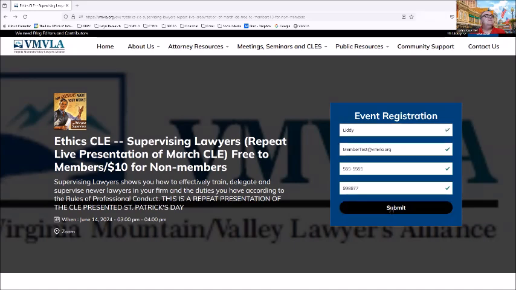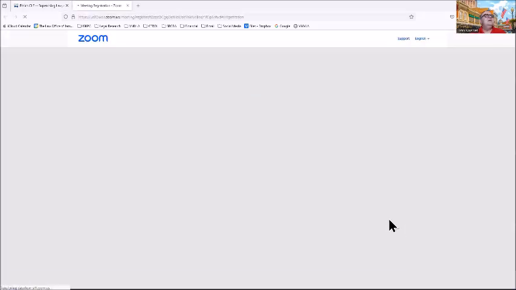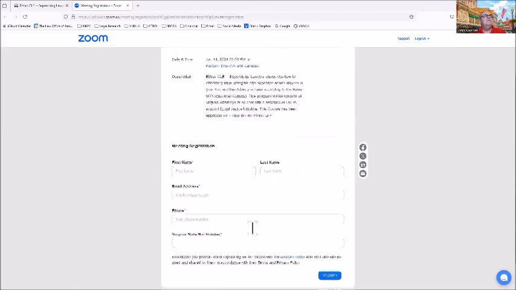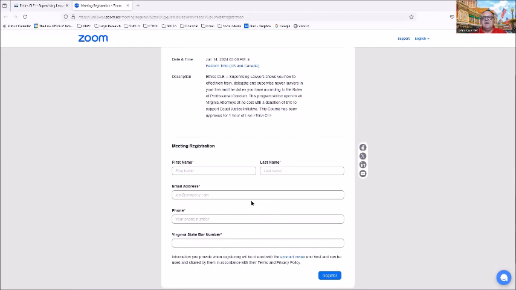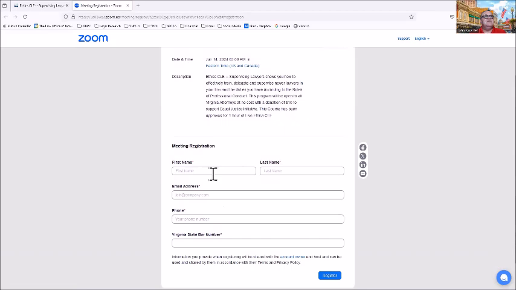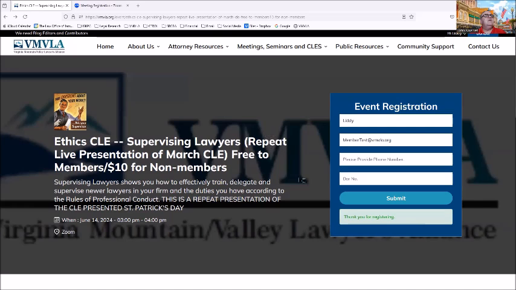And again, it sometimes takes a little while, so just be patient. There we go. And it takes you to your Zoom registration page. Now, you can go ahead and fill this in now. You'll also get an email with the information on how to reach this. And as you know, when you fill this in, you'll then get another email with your personalized Zoom link. Meanwhile, back over here, it says, thank you for registering. So now you can go back to your dashboard,